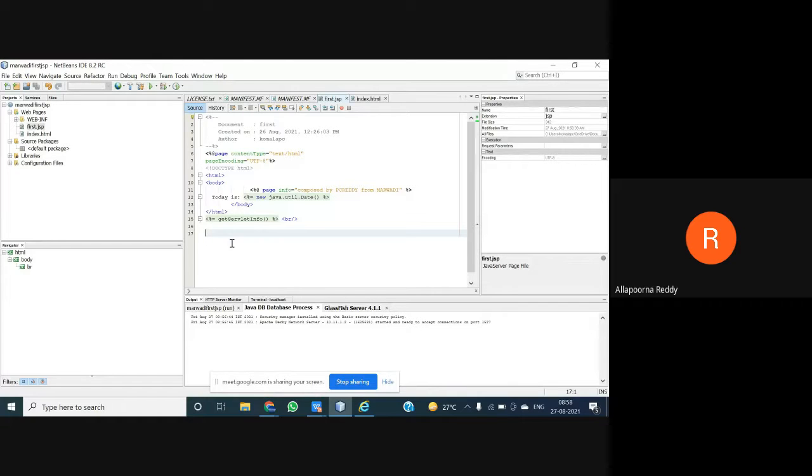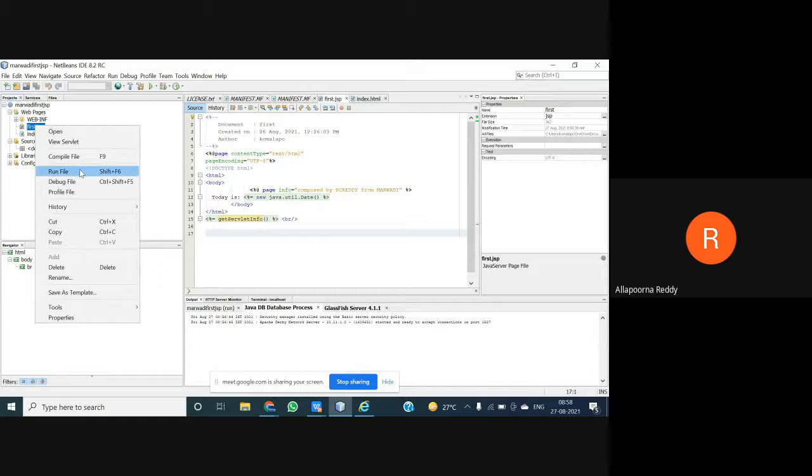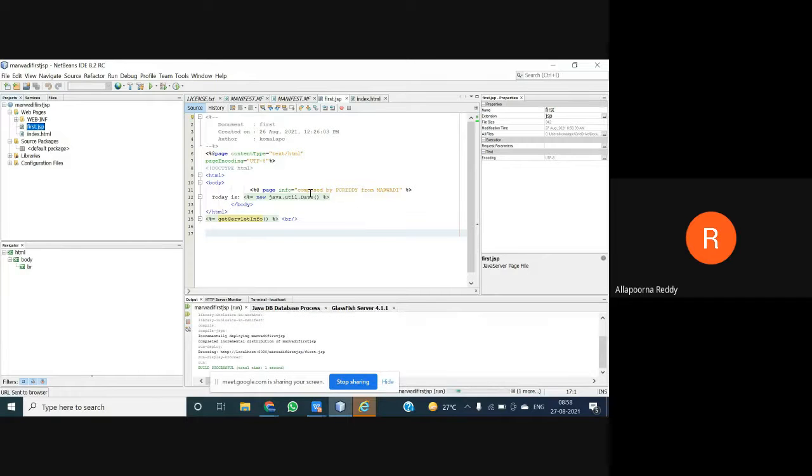Whatever I composed or whatever information I passed here, I want to know it. I told you already, if you want to know that information, you can get it back using the method named getServletInfo. Why are we using getServletInfo? The reason I told already: your .jsp will be converted into .java, which is once again a servlet. So from that you are getting the information. From this point of view, we are using an expression tag with a method named getServletInfo. When you run this program, it should give the message composed by so and so, and the date, etc. It should give an output.